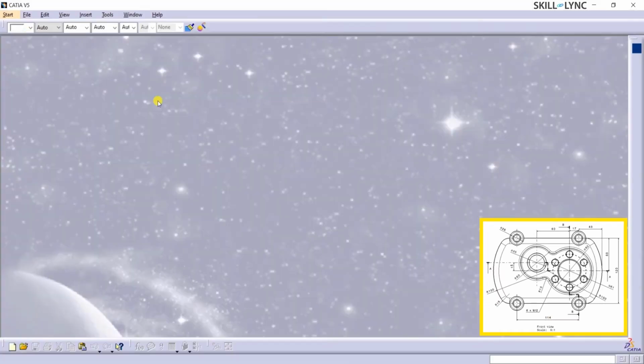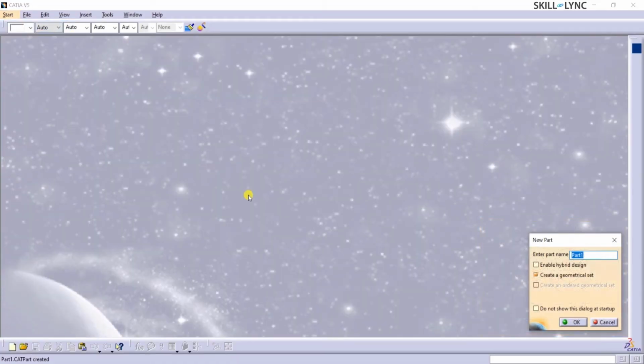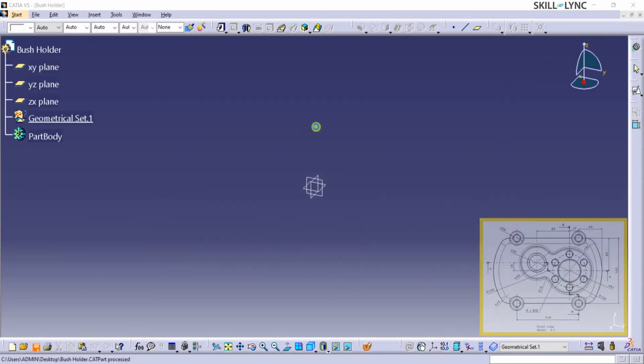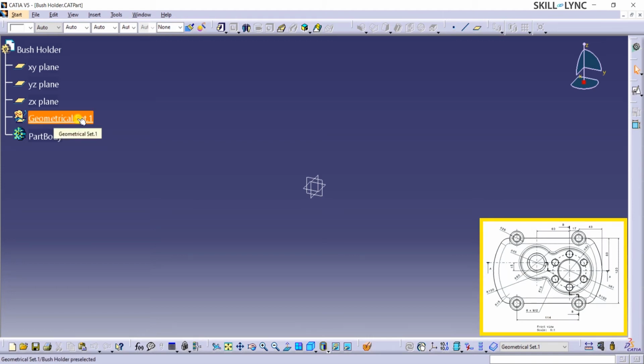Let's open the CATIA software, start a new part and name it Bush Holder and save it. We have the geometrical set 1 here. Note that we are going to follow a naming convention which can be seen on the specification tree, as there are going to be multiple sketches and part bodies in this model. When you are working on a complex design, the CAD models are usually very large. So, naming convention is vital for easy communication among people in different departments, and also to go back and make